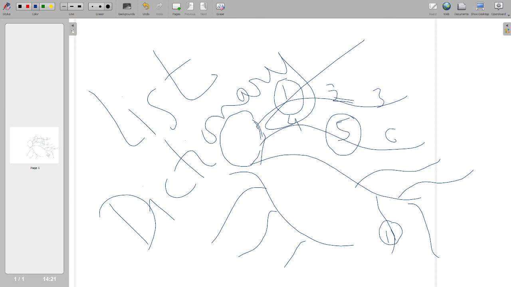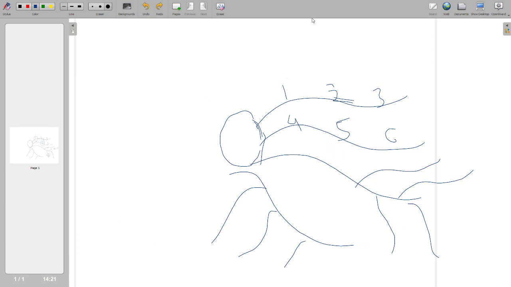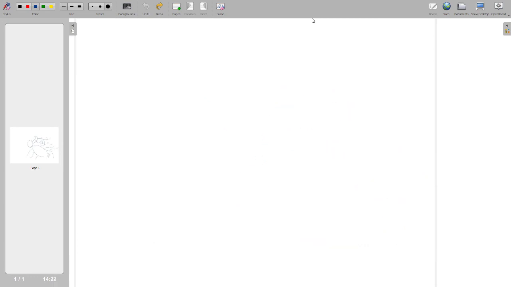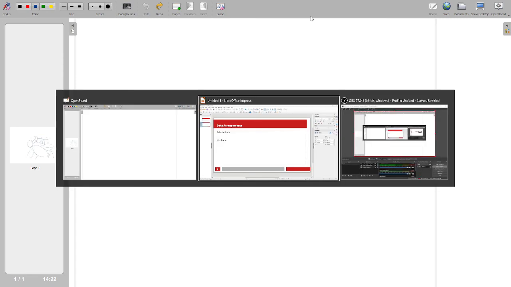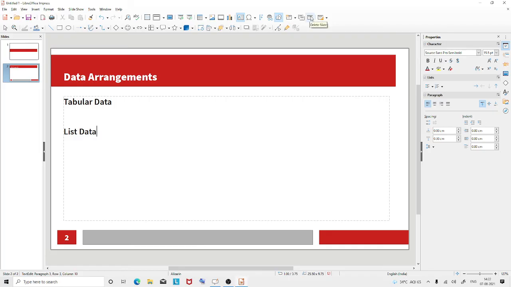So primarily we have been habituated to use array and matrix type data. Okay, so we have tabular data and list or dictionary data. So this is the main thing you have to understand.